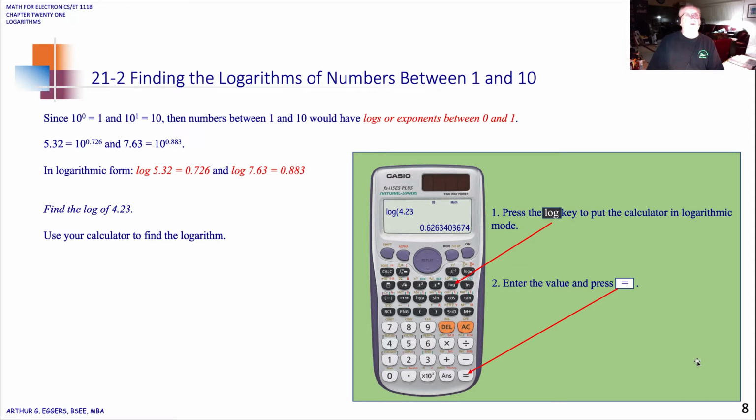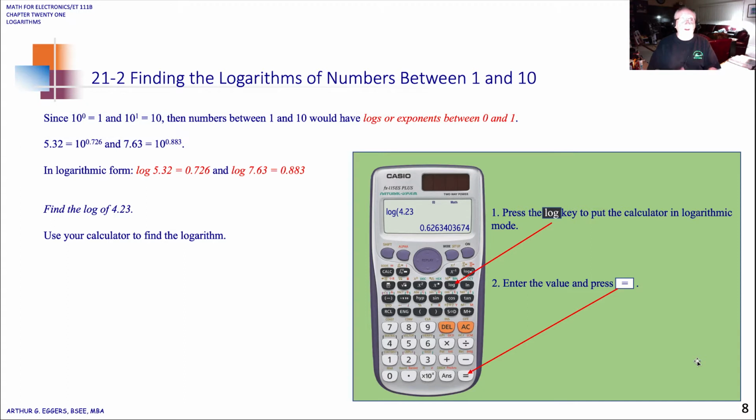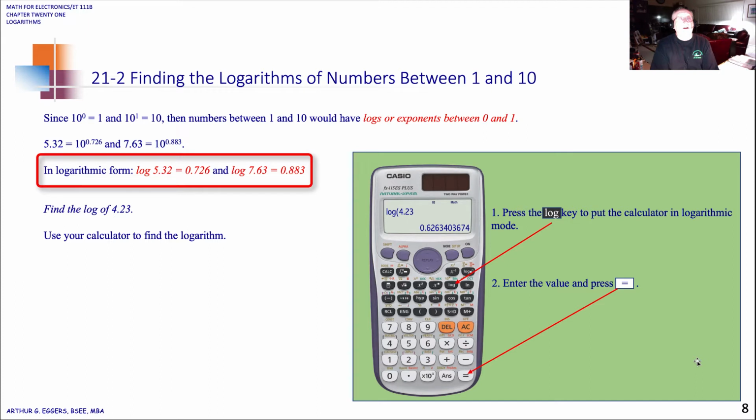Since 10 to the 0 equals 1 and 10 to the 1 equals 10, the numbers between 1 and 10 have logs or exponents between 0 and 1. So there's that relationship. If we look at a value, 5.32 is equal to 10 taken to an exponent, which is a fractional exponent, 0.726. We see here that 7.63 equals 10 to the 0.883. Okay, these values are all calculable on your calculator. So the logarithmic form says that the log, notice there's an implied 10 there, of 5.32 is equal to